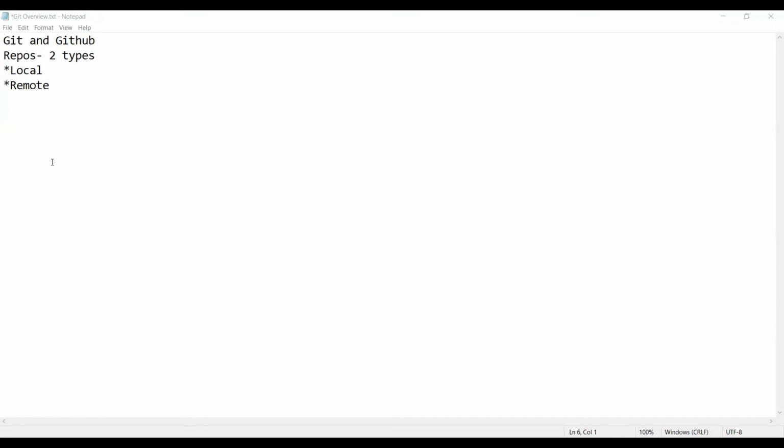To create a local repository, there are a few steps, and those steps we will be discussing down there. So your first step is to initiate. Initiation actually means that you're telling the computer that I want to create a new local repository. So the command for it is